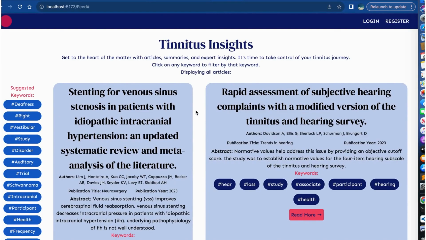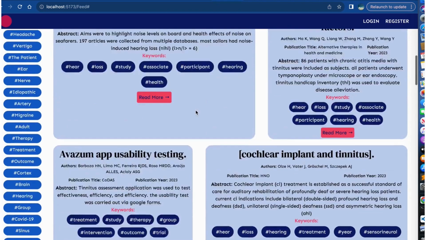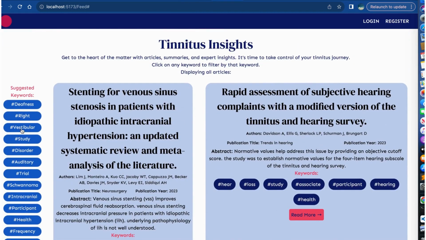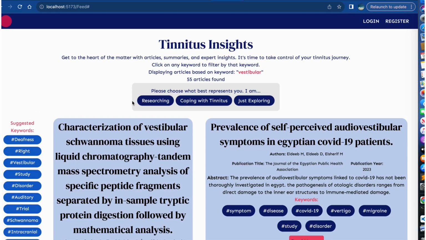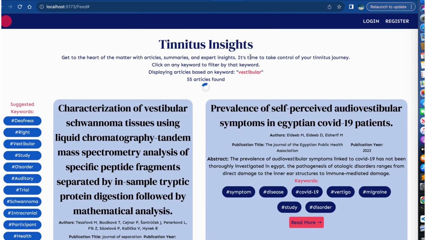So here is that page that we saw, and basically there are articles and users can go ahead and click on a hashtag and it will filter the articles. Now the application of RAG that I have implemented is catering towards 3 users, which are researchers, those coping with tinnitus, and those who are just exploring. So as someone with tinnitus, I'm just going to go ahead and click coping with tinnitus, and you're prompted to enter your Vectara ID, and I'm going to paste mine. Then it'll just load,